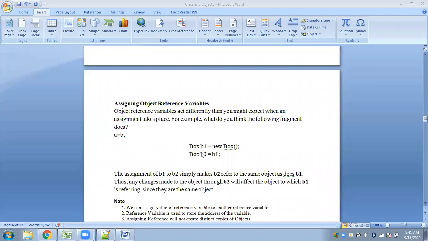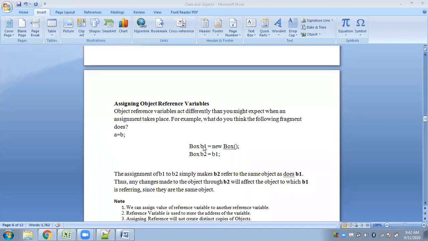See, we have one object here, Box B1 equal to new Box. So as you can see, we have an object B1. Since you have understood how we declare objects, how objects are actually created, you know that this is not actually an object, this is a variable which is referring to an object.